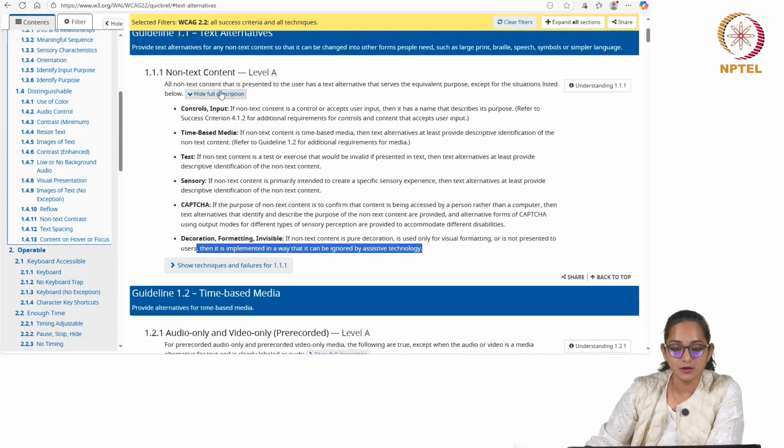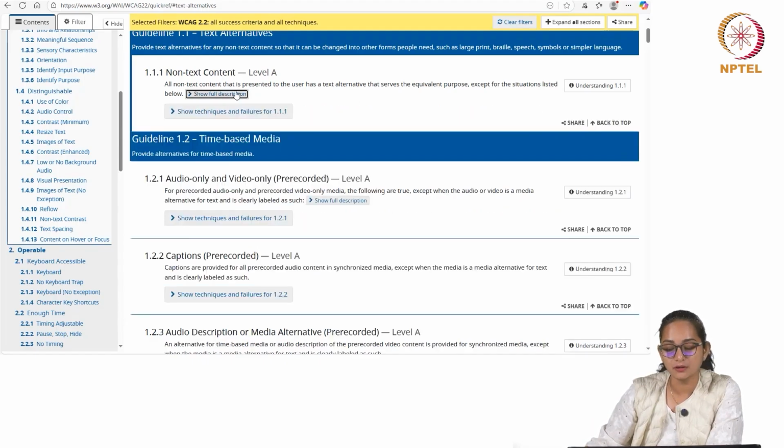So, similarly, now we can close it, maybe you can go through it. There is here another button which is called information or understanding this criteria, understanding 1.1.1.